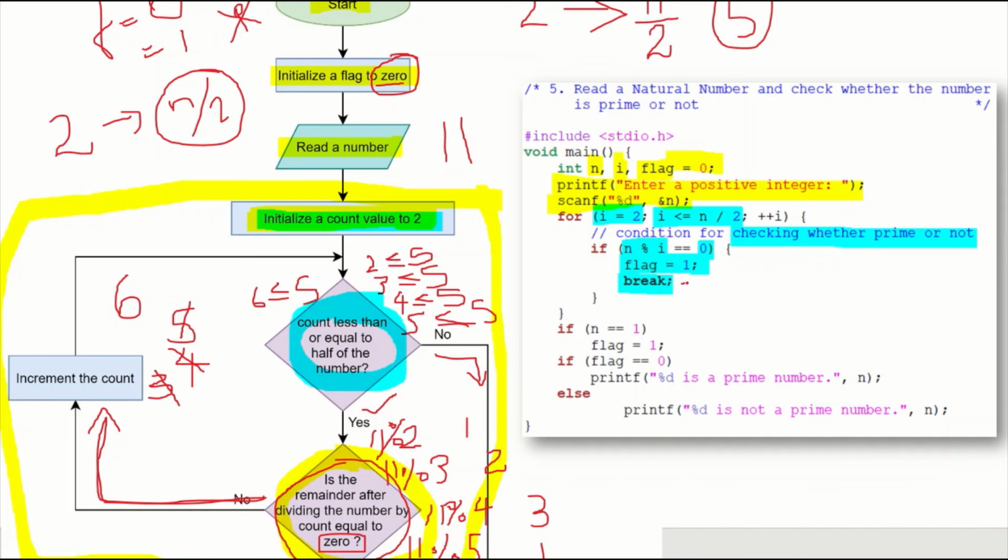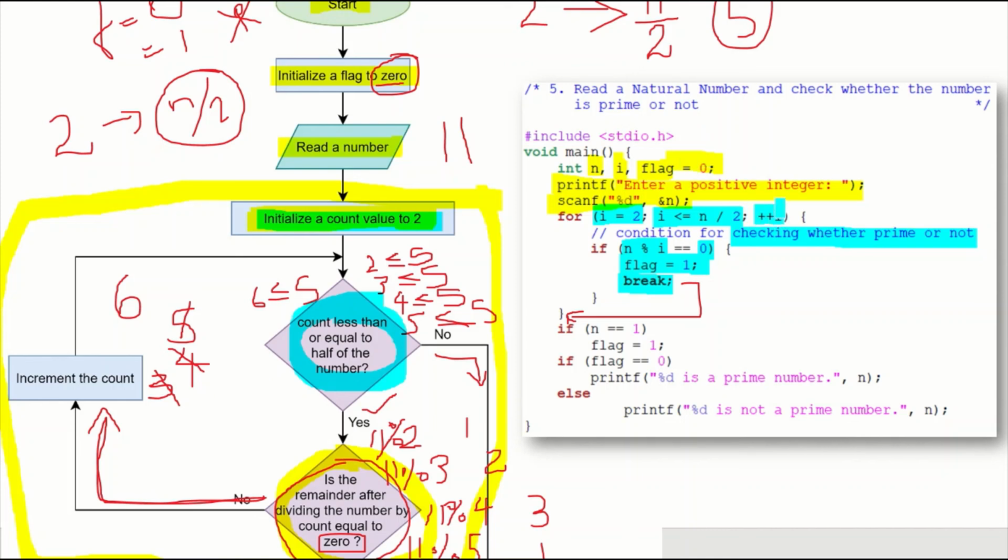And if it is not equal to 0, it will go back to the same for loop, and as you know, it is incrementing the count.